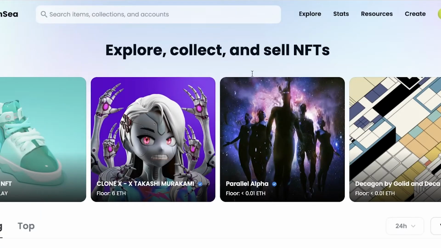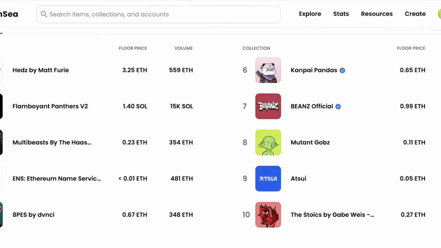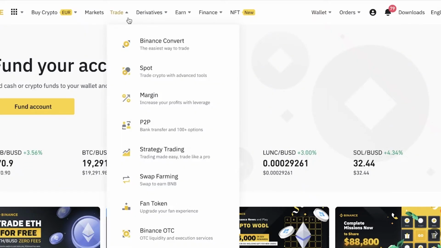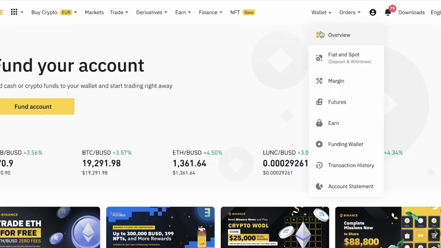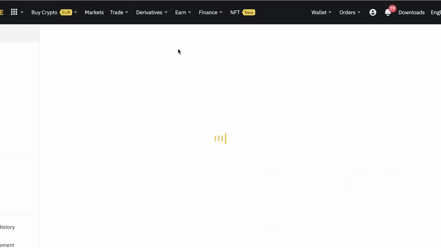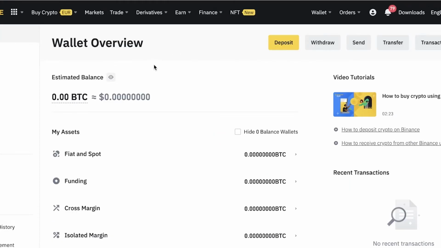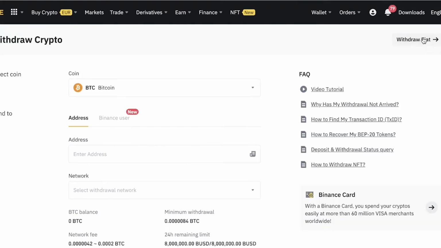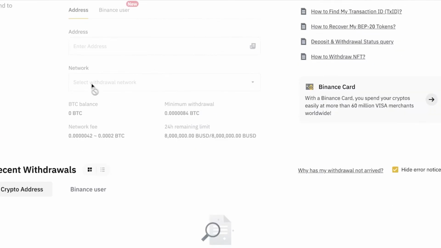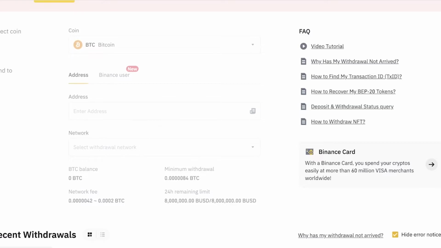activity you have. And it's super easy to purchase NFTs on platforms like OpenSea. You just open up MetaMask and you can link MetaMask and create your OpenSea account. You can also transfer your Binance funds. So if you have money in your Binance wallet, you can simply transfer it to your MetaMask wallet by a simple withdrawal and then click on withdraw crypto. And once you click on withdraw crypto, you can just enter the MetaMask wallet address over here and withdraw it